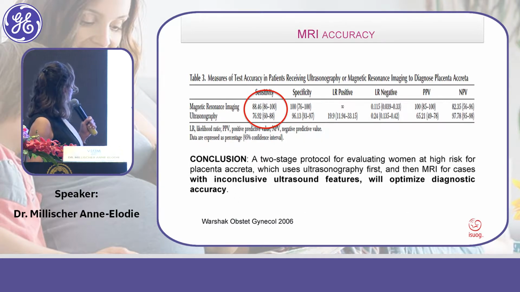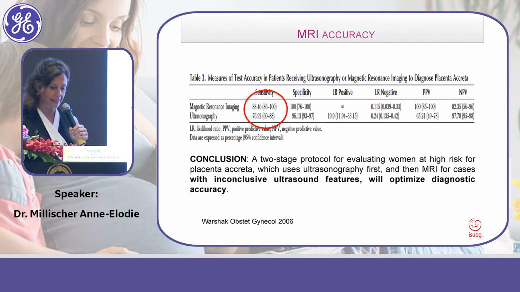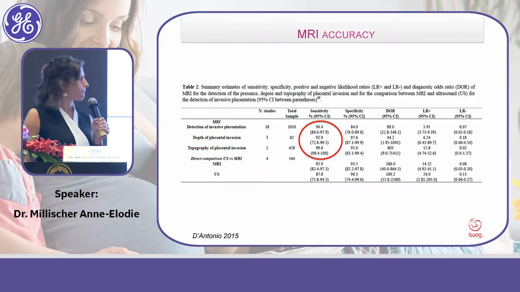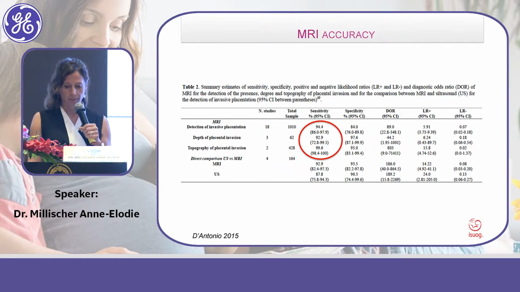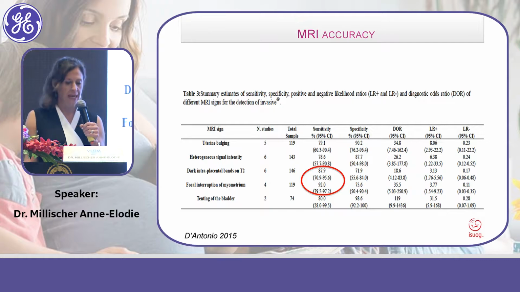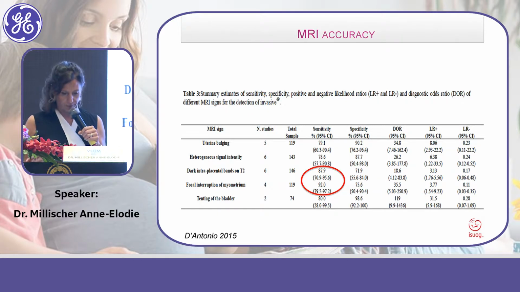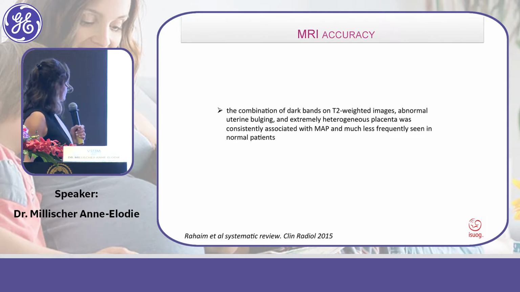When we compare the performances of the both imaging, you can see that MRI is probably more helpful to diagnose the depth of the invasion of the placenta throughout the myometrium. Khi mà các bạn so sánh giữa cái hình ảnh siêu âm và cái hình ảnh MRI thì dường như là MRI nó có ưu việt hơn khi mà đánh giá cái sự xâm lấn của cái nhau và cái mức độ xâm lấn như thế nào, nó ưu việt hơn siêu âm. And obviously very helpful to diagnose percreta form. Và nó cũng hữu dụng khi mà chẩn đoán cái thể percreta.